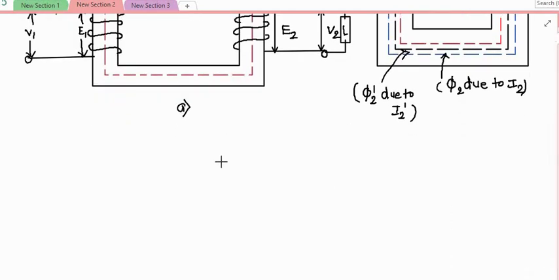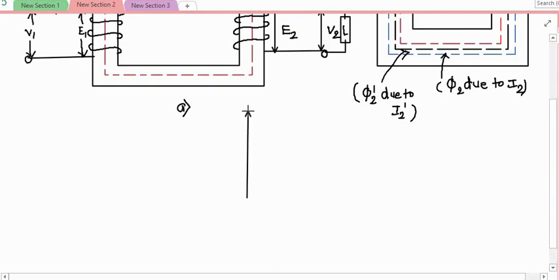Again, what will I take? I will take voltage as a reference vector. Wait students, I will take voltage as a reference vector. First of all, some current is taken which is called I magnetizing, which is the same as in your previous case. This I magnetizing will produce the flux which is in time phase with it.